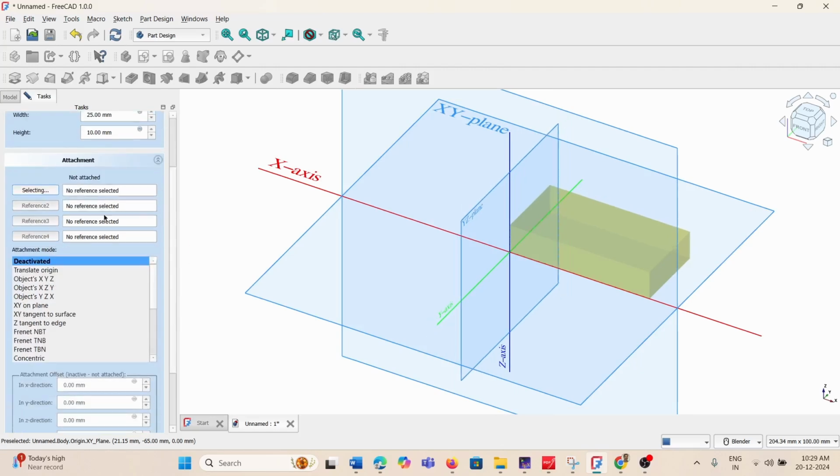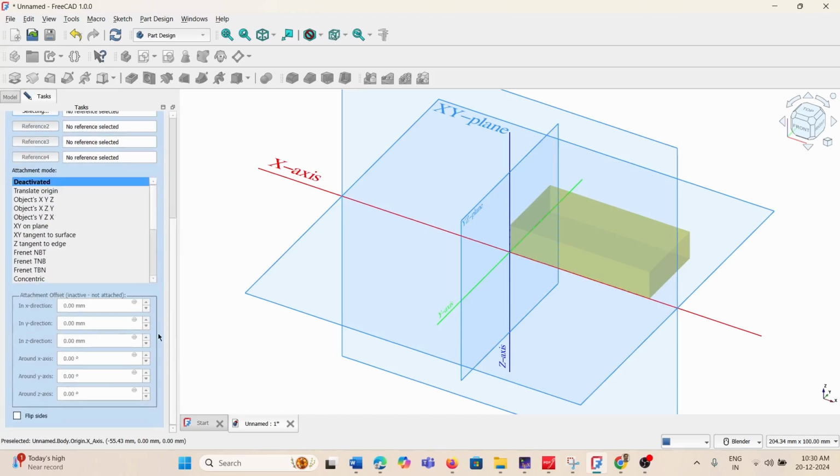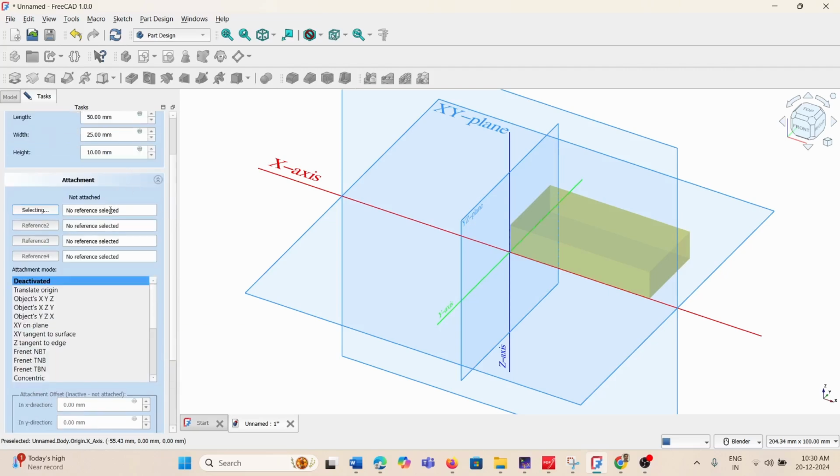Next option, you can create some references, and based on these references you can have controls on the attachments. And one more option, you can move in the x direction, y direction, z direction. In order to do that, you need a reference, because based on the reference the movements are considered. So I'm going to select this as my plane,